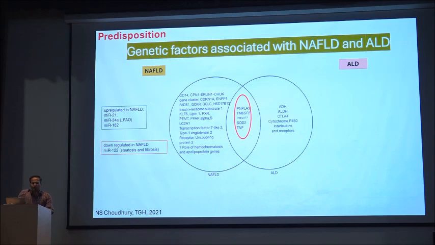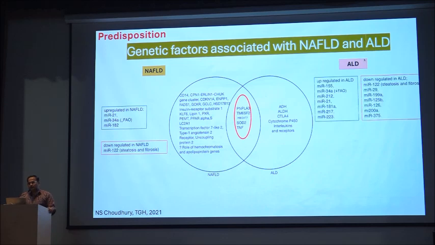In addition, there is upregulation of certain microRNAs in NAFLD and downregulation of miR-122, which is commonly associated with steatosis and fibrosis. This downregulation is also seen in patients with ALD, and certain microRNAs are upregulated in ALD. MicroRNAs are the ones which regulate the genes, and they do not change the genes themselves. They regulate the gene transcription at the DNA level, where certain microRNAs will increase the transcription from certain elements of the DNA.